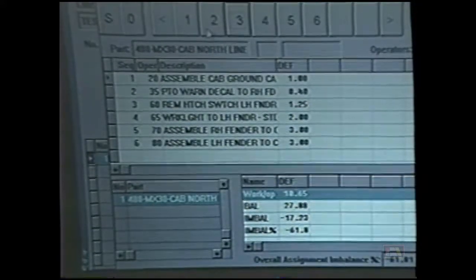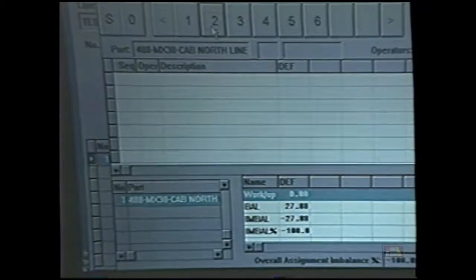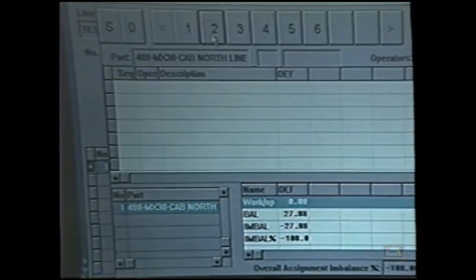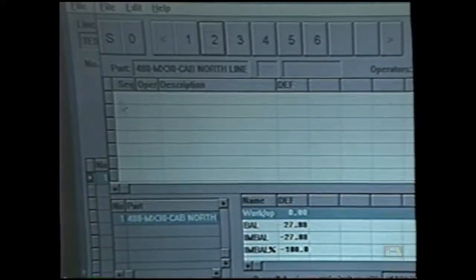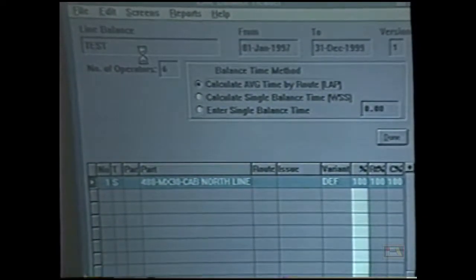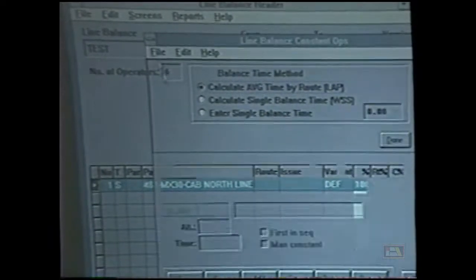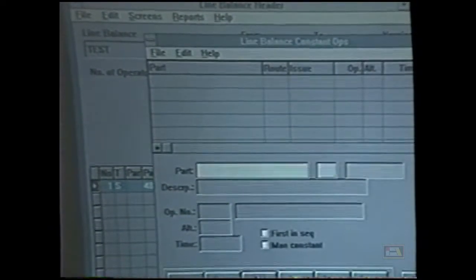Assignment number 3 has got work, and I'm able to insert a blank assignment between assignment number 1 and assignment number 2. So that'll make it easier if you do need to shuffle work around. What also is neat is that you can add line constant operations to this thing. So if you have a line constant, and everyone has line constants, you can say add, and I think